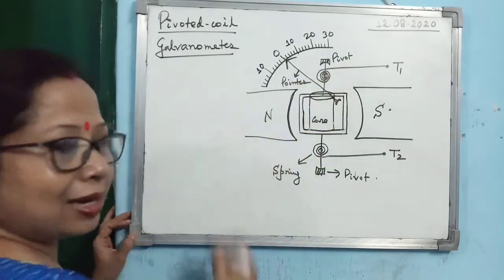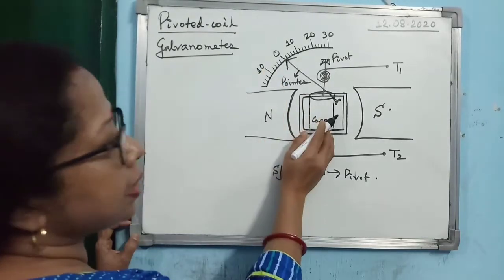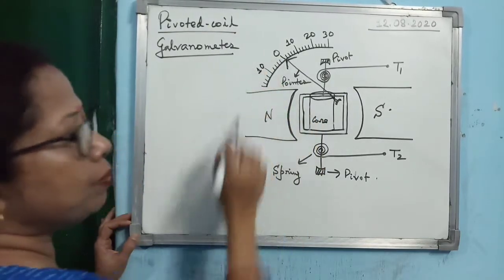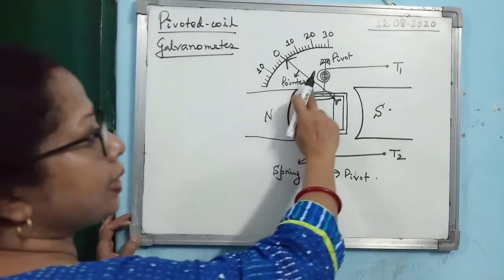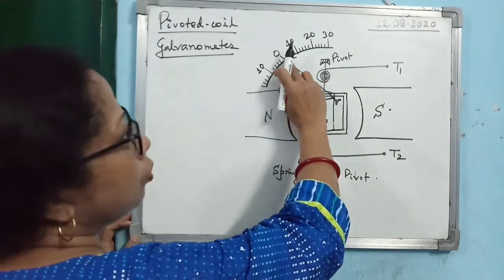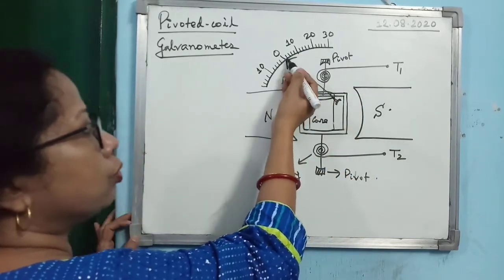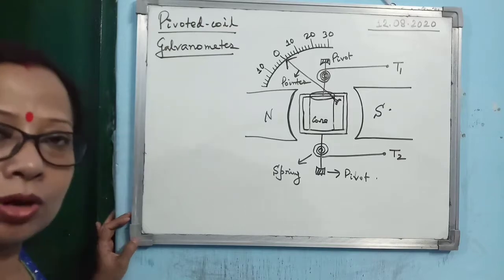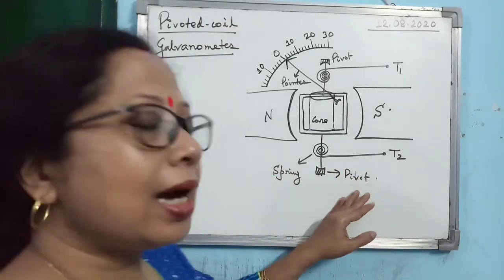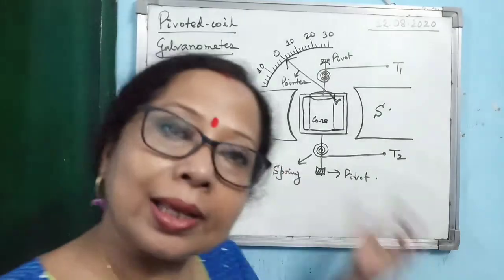The scale is calibrated in such a manner that when no current is passing through the coil, the pointer will be at 0. When the current passes from T1 to T2, the pointer will move from 0 to 30, and when you send the current from T2 to T1, it will move towards the left direction. So this is the galvanometer which we generally use in the physics lab,